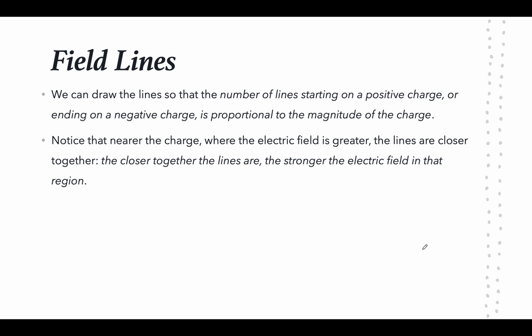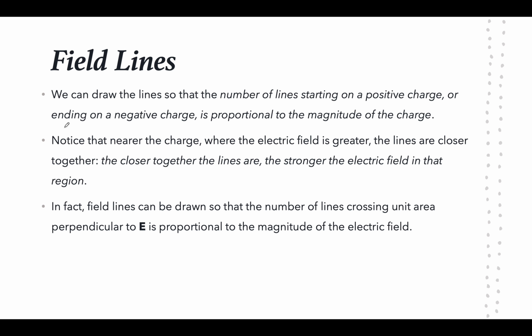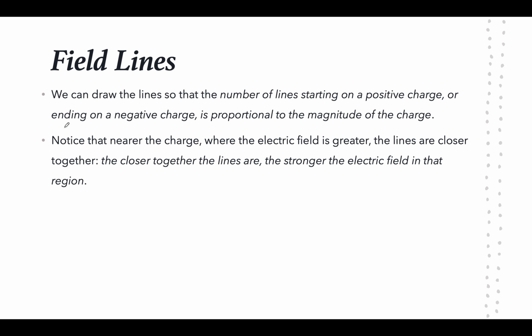So to represent field lines, right, we can draw the lines so the number of lines starting on a positive charge is proportional to the magnitude of the charge. That means the closer together the lines are, the stronger the electric field. The farther apart the lines are, the weaker the electric field. Okay? So field lines can be drawn so that the number of lines crossing a unit area perpendicular to E is proportional to the magnitude of the electric field. So as we can see,